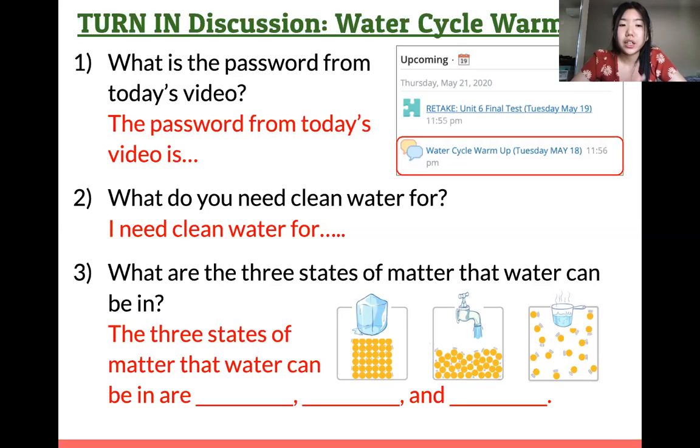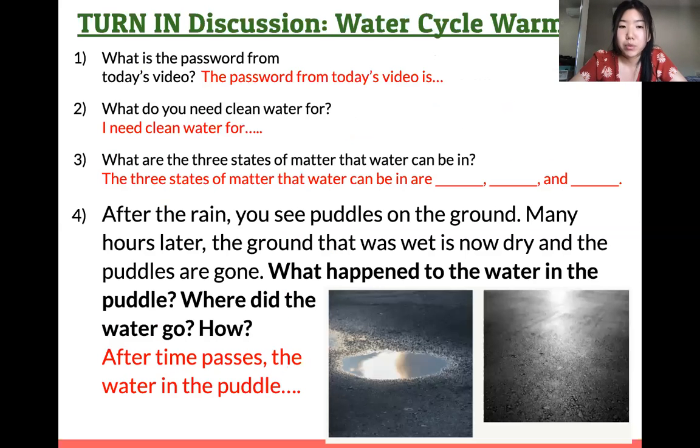And then number 3, what are the 3 states of matter that water can be in? This is a review question. We've learned this before. What are the 3 states of matter that water can be in? And then the last question, number 4,